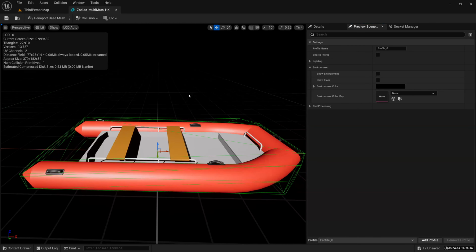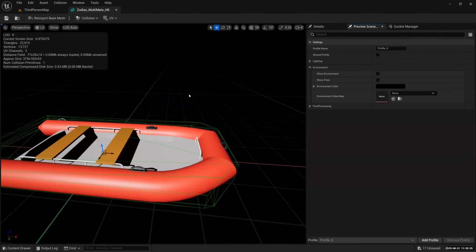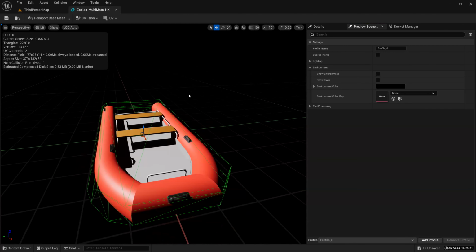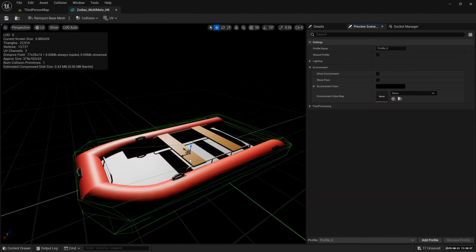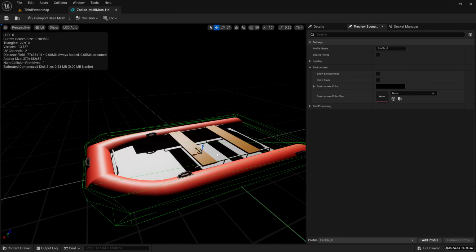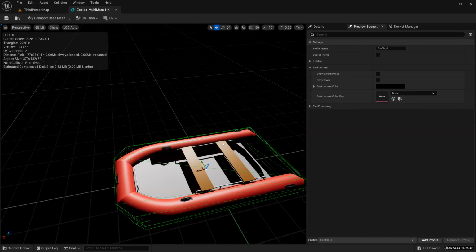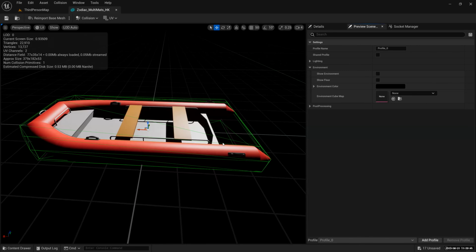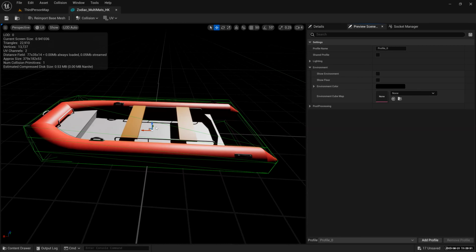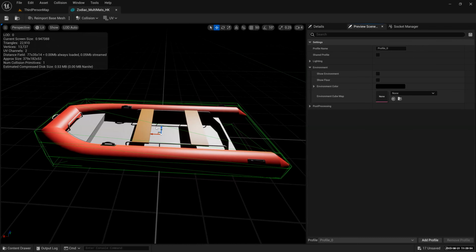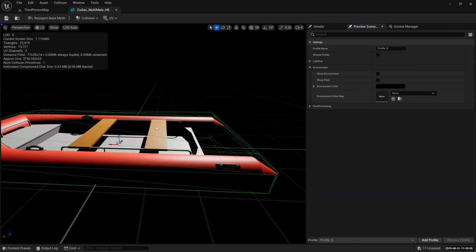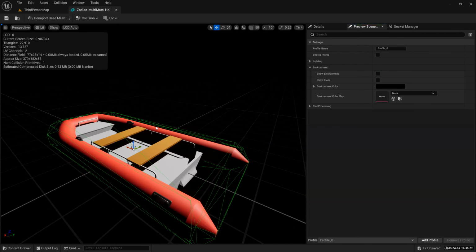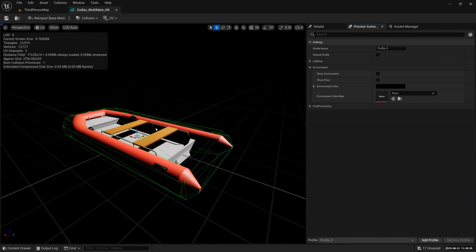It probably works if you're using this as set dressing, where you want people to realize it's there. But if you want a character that goes into the boat and paddles away, they will not be able to sit inside, because that polygon is sitting on top and restricting people from going in. Does it make sense to you guys? It's like putting a plastic wrap on it, and nobody can sit inside. You have to remove the plastic wrap, and only then can they sit inside. Which means we have to do something to this boat to change the collision to make it usable. All right, so that's the simplified version.